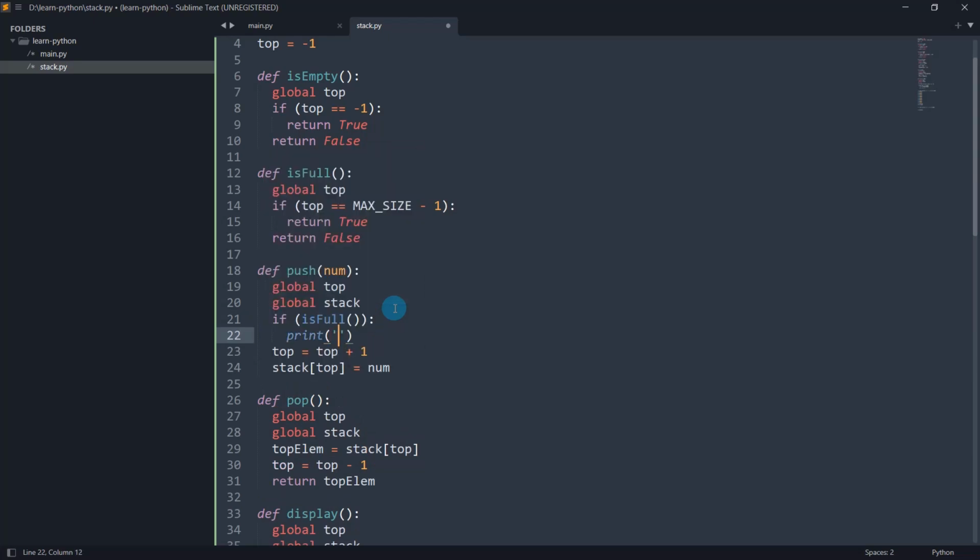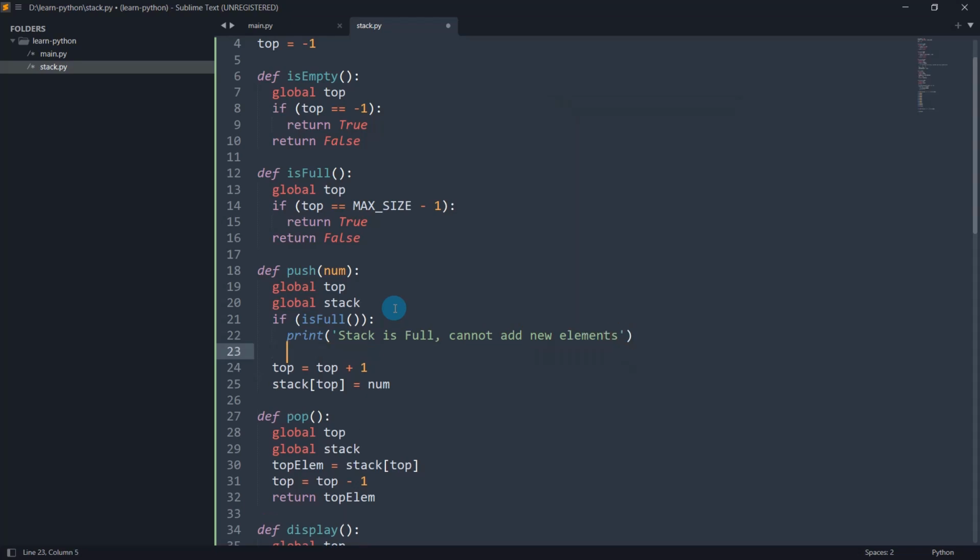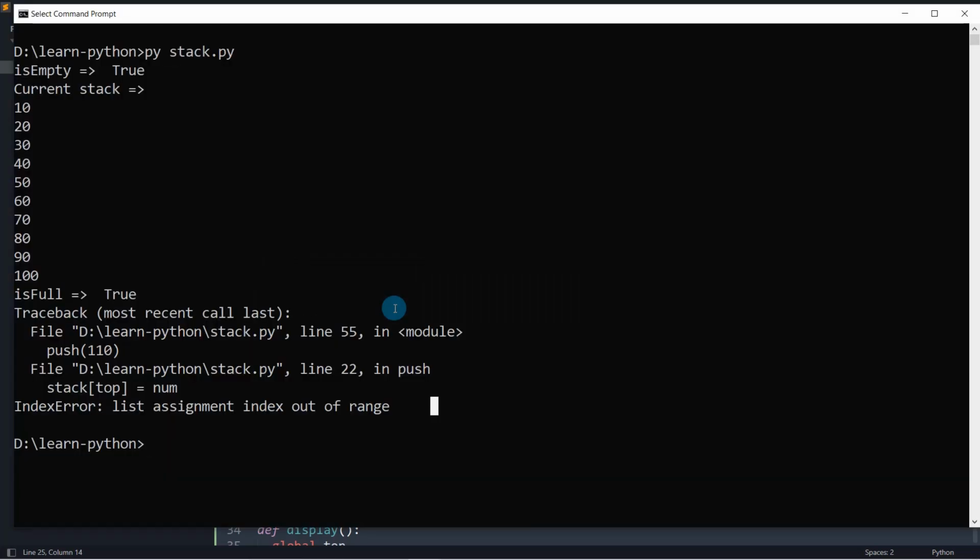For simplicity, stack is full, cannot add new elements. I'm just printing. I just return here, nothing. I'm not going to do these two operations because the stack is already full. If we try to do this operation, stack of top, let's say 10th index, that is the 11th element, then we'll get the error as you saw on the screen.